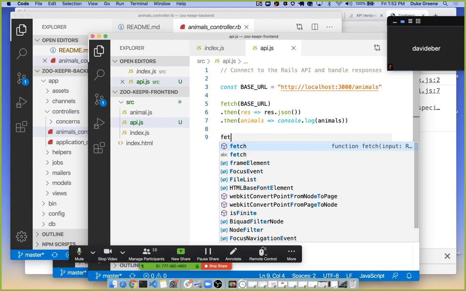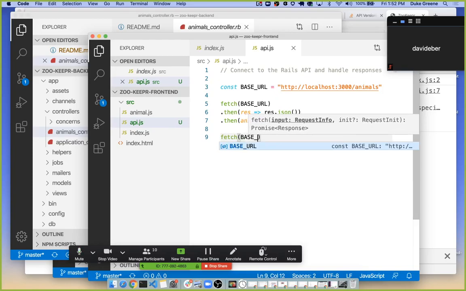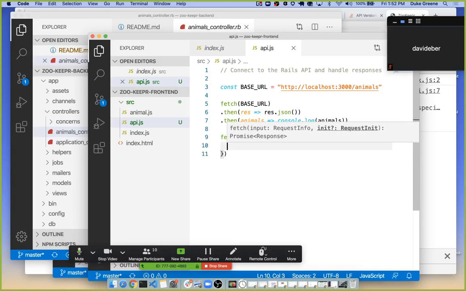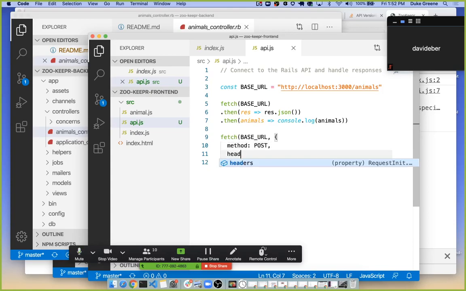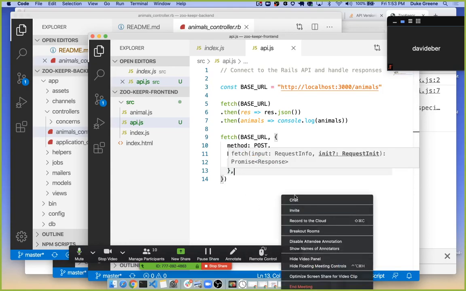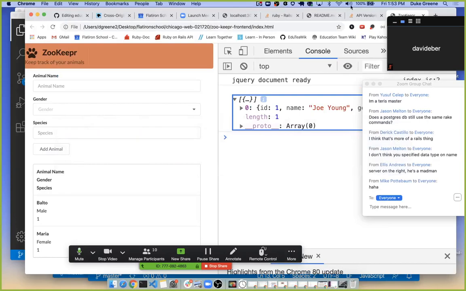If I did a fetch base URL, but now we add our options hash, right? And then we'll say method is going to be post. And then we'll have, oops, that's no good. And then we needed a comma there, and we need headers. And then this is going to be content type, and then application JSON. I'm not sure. Somebody spot check that one out for me and let me know. Am I even in the ballpark on syntax there? I'm going to look it up. That's how I remember it from my brain, but